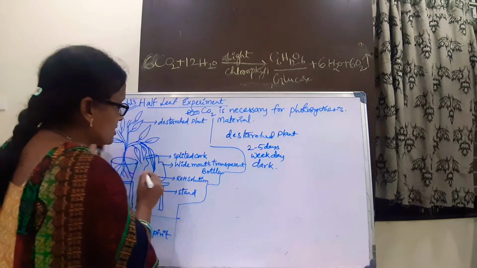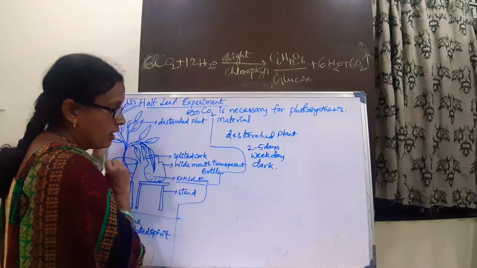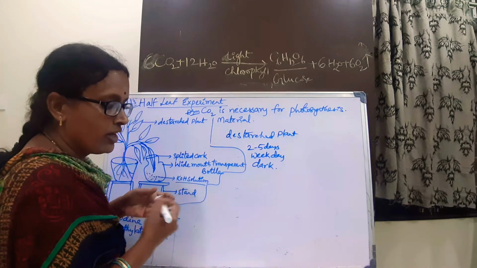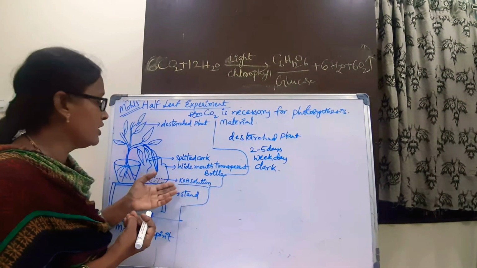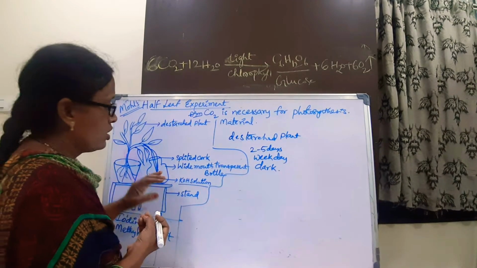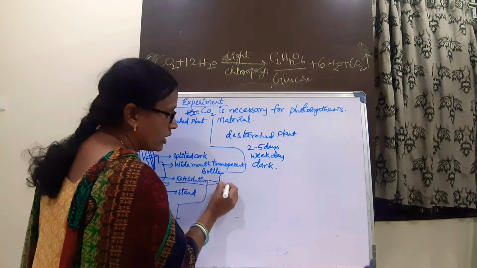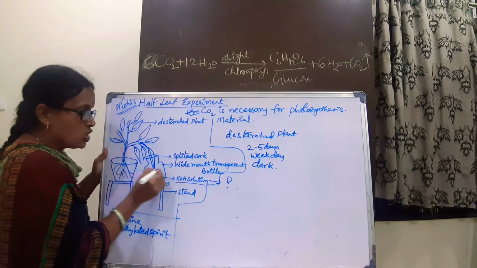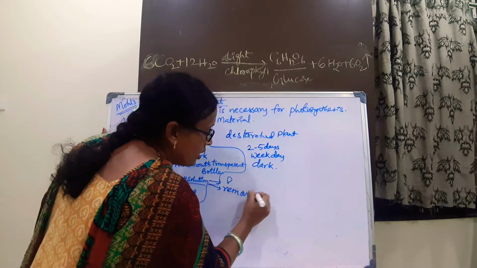And in this bottle we are taking the KOH solution, or potassium hydroxide pellets. They may be available in pellet form, so they may be crystals. When you dissolve them in water, we can make the solution, so that solution may be used. Then one question you may ask: why are we taking this solution? What is the need to take the KOH solution? KOH solution we are taking to remove the, what?